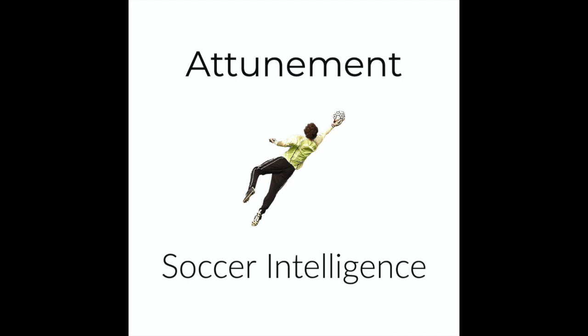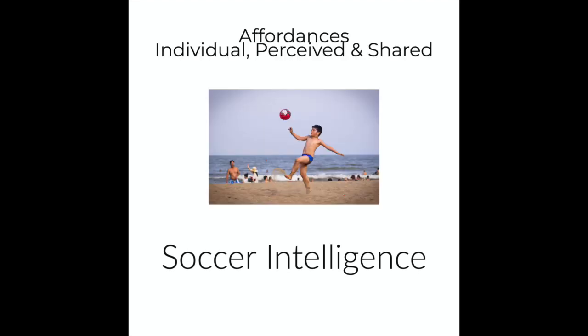The next part to decision making in an ecological approach is the attunement. So, how comfortable and how recently has the athlete been in this sort of environment, right? Because the more attuned you are to being in a certain environment, the better you're going to be. So, knowledge base and then attunement are two important parts that we need to consider for our game representative training and our theory. The next part is the abilities, right?